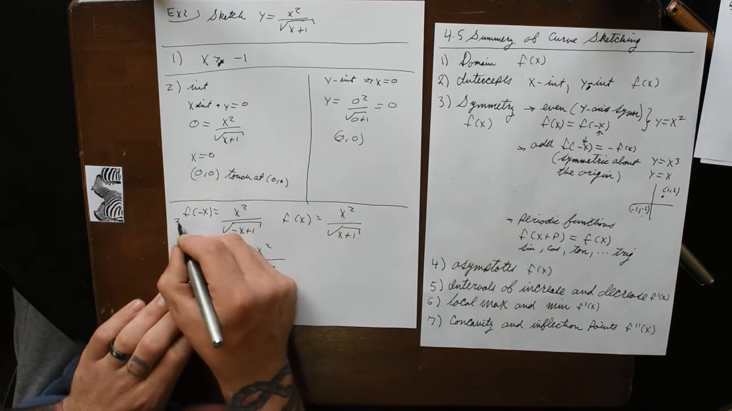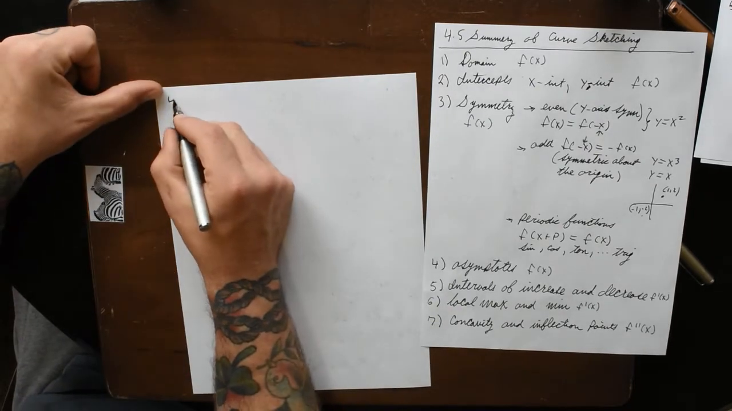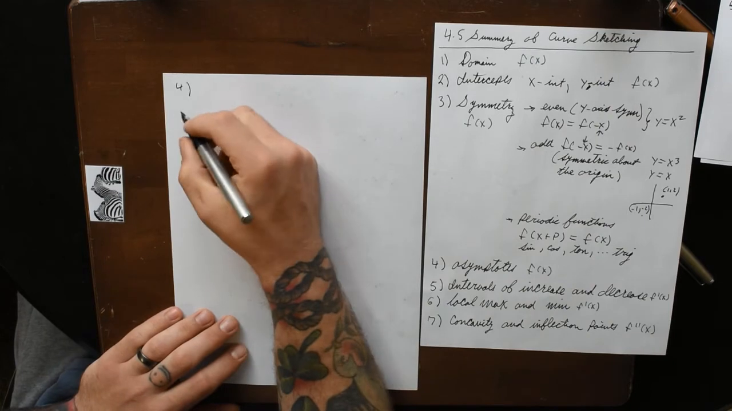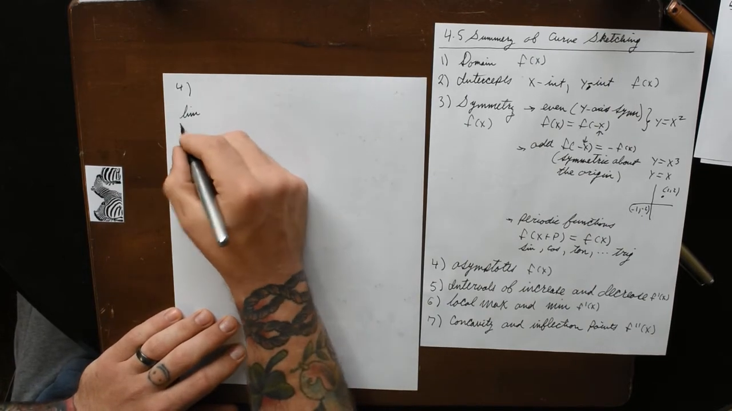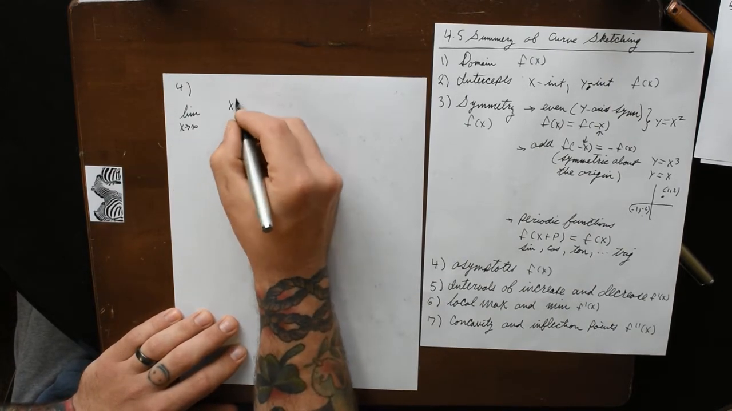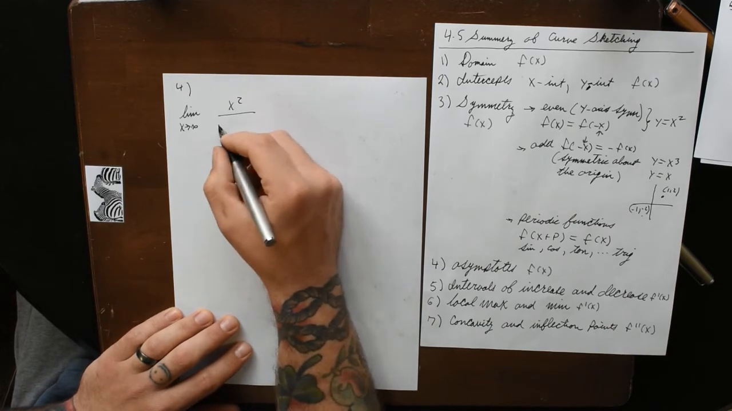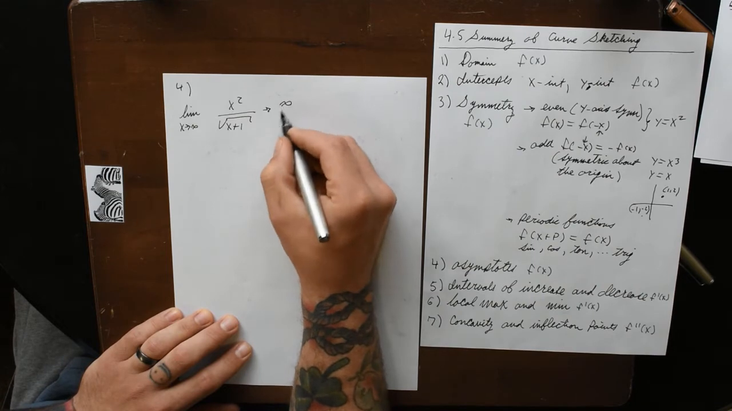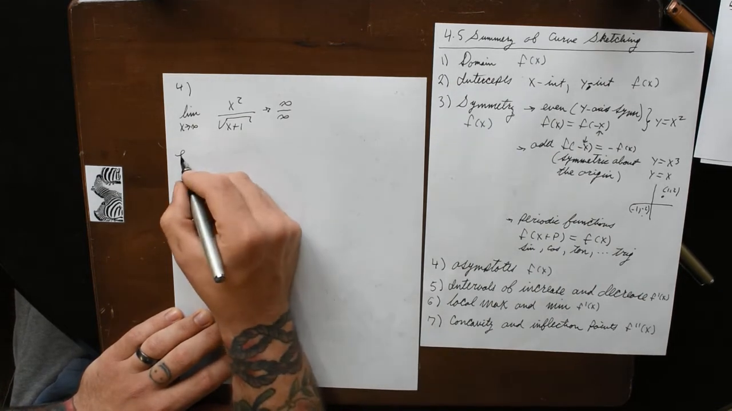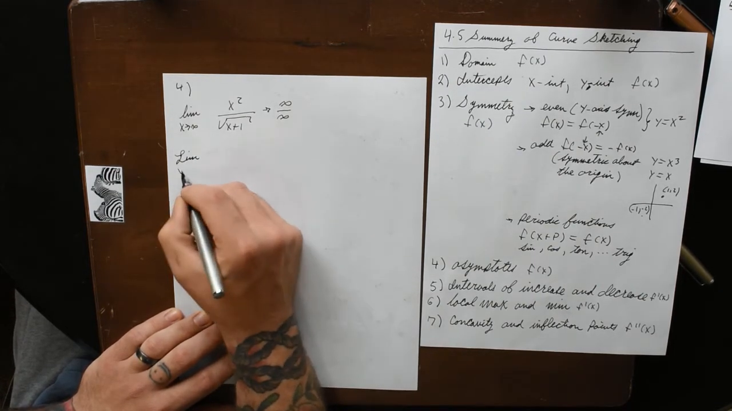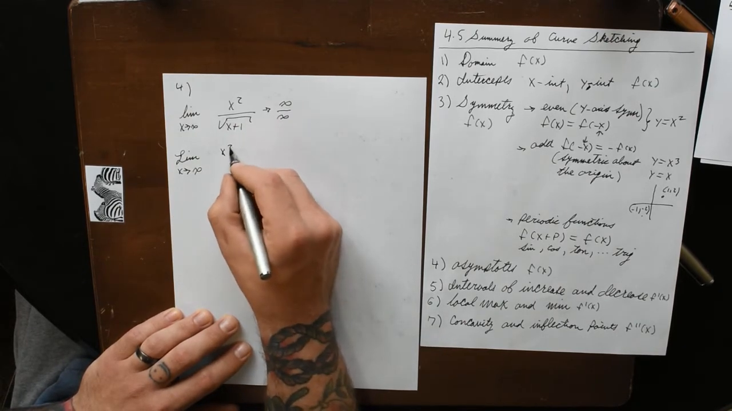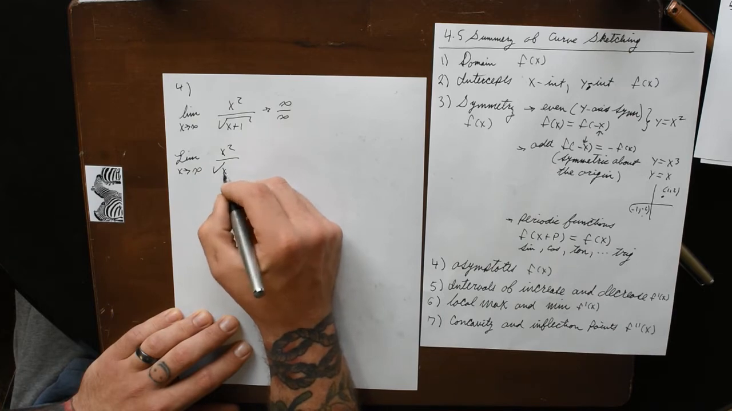And this was 3. For 4, we need to go over asymptotes. So we want to take the limit as x goes off to infinity of x squared divided by the square root of x plus 1. We go off to an infinity divided by an infinity. So the limit as x goes off to infinity of x squared over the square root of x plus 1